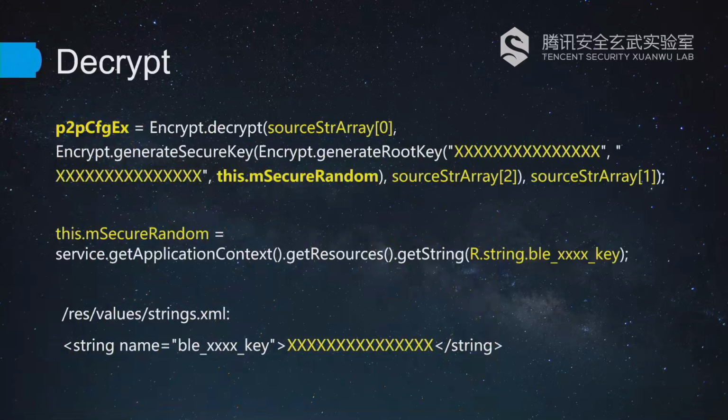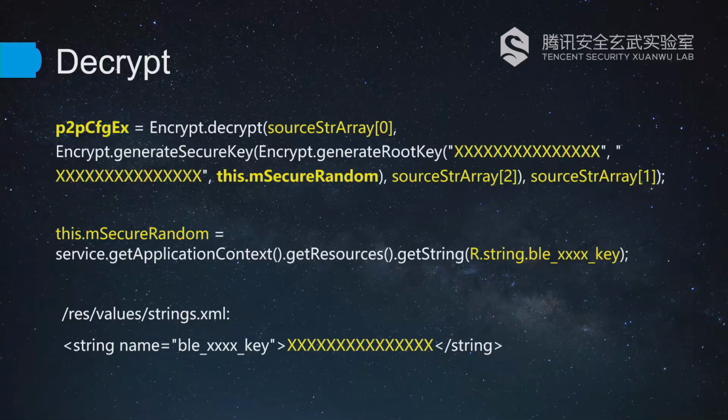To decrypt the data, we need to get the AES encryption keys, which rely on the secure string array and the M secure random. The secure string array can be gotten from the BLE packet. What about the M secure random? Its name contains random. However, we think that it must not be a random number, because the sender and the receiver must have the same number.